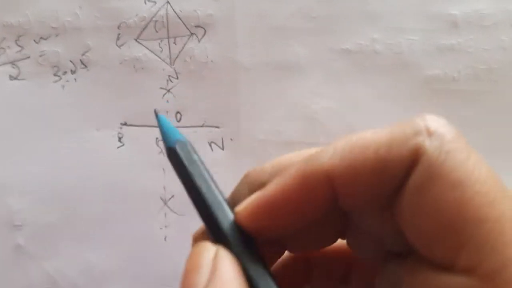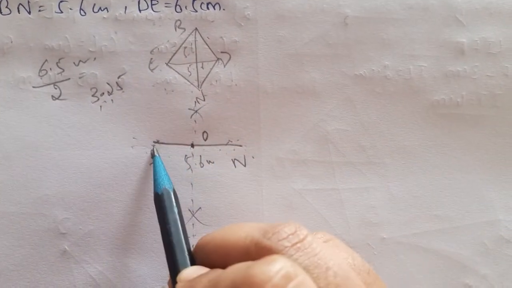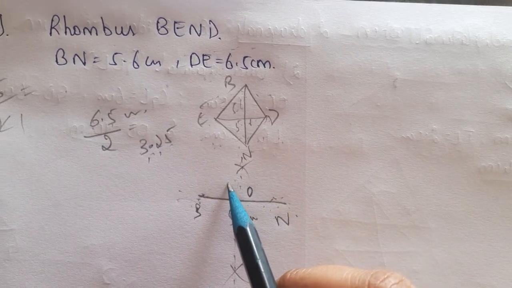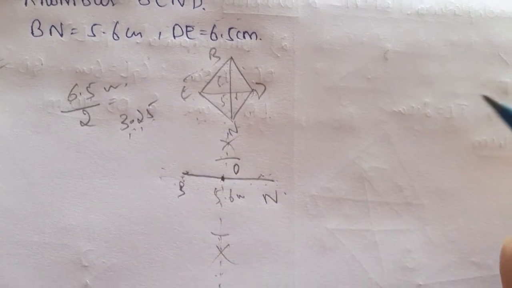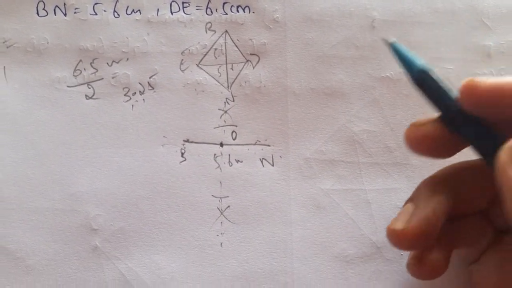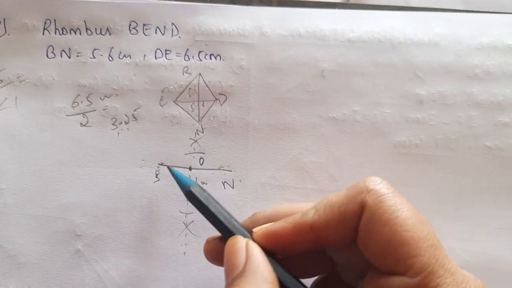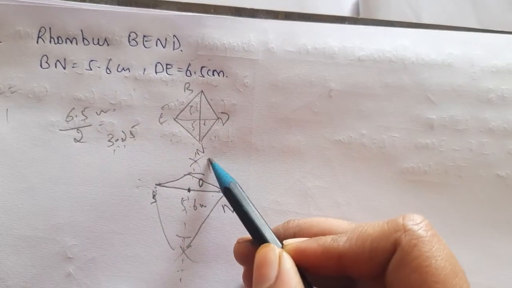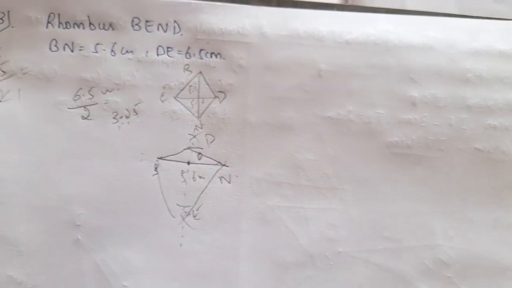Next, what you need to do is, again with the help of the compass, keep the compass at point O now. Not at either of the vertices. Simply keep it at O and cut an arc of 3.25 centimeter on this dotted line. Similarly, on this side also you will construct. After cutting these arcs, label them as D and E, and join them.